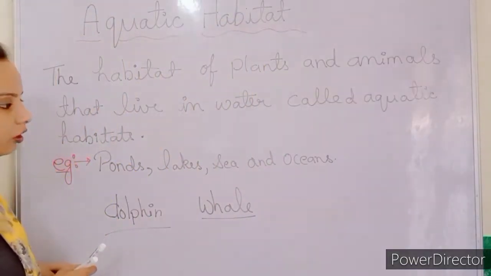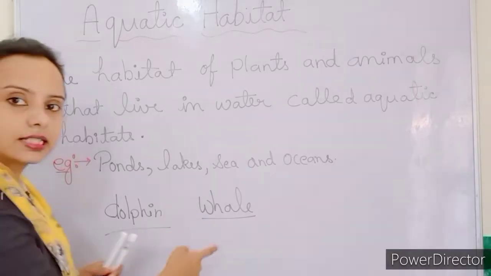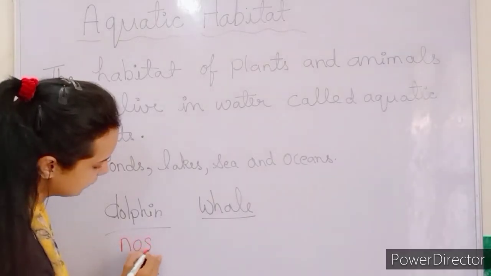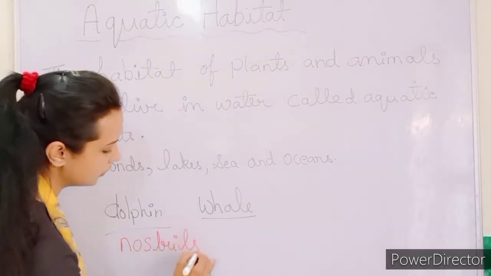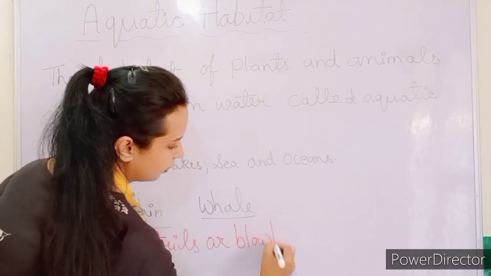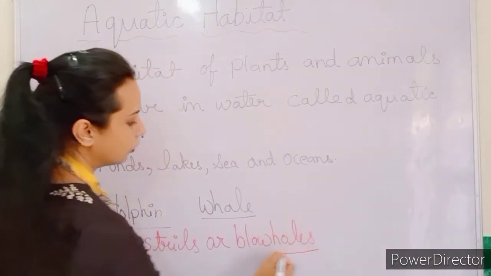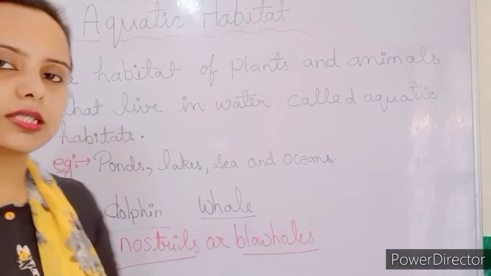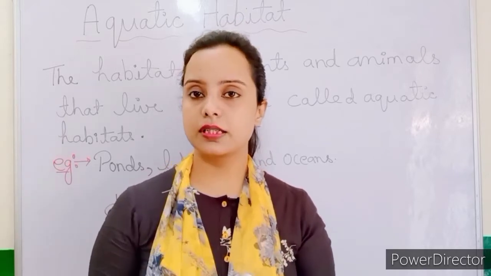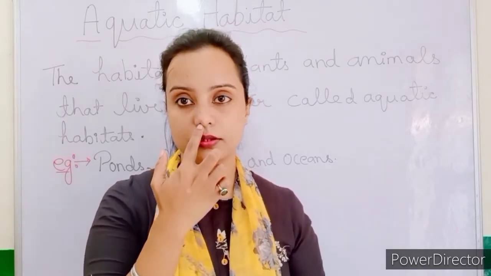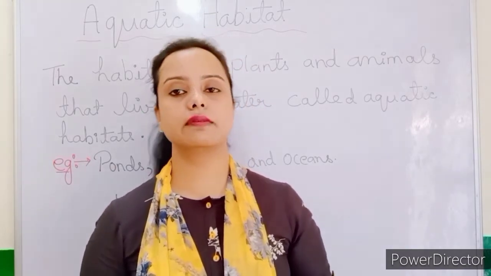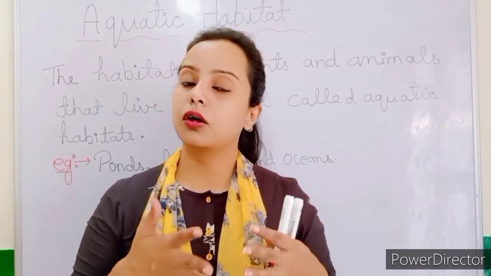ठीक है, डॉल्फिन्स और व्हेल्स के पास नॉस्ट्रिल्स होती हैं, नॉस्ट्रिल्स यानी कि NOSTRILS, और we say blowholes. Okay, nostrils and blowholes. जो डॉल्फिन या फिर जो व्हेल होती है उनकी हेड के ऊपर nostrils present होती हैं. Nostrils, you know that these are our nostrils. The same way the dolphins or the whales, they are having the nostrils or the blowholes, we say.